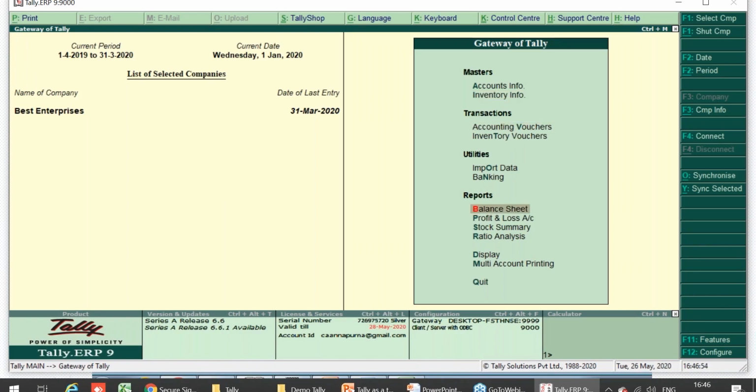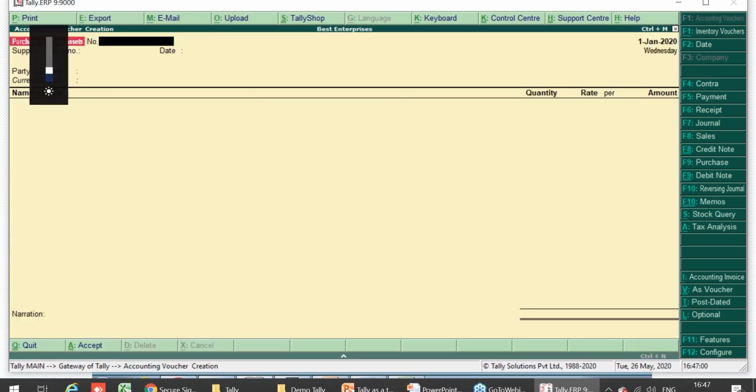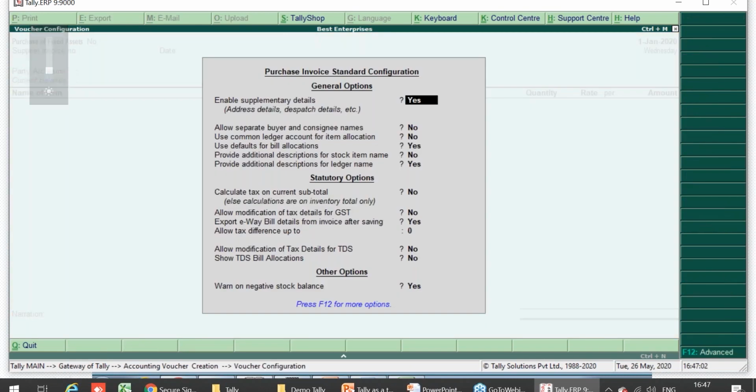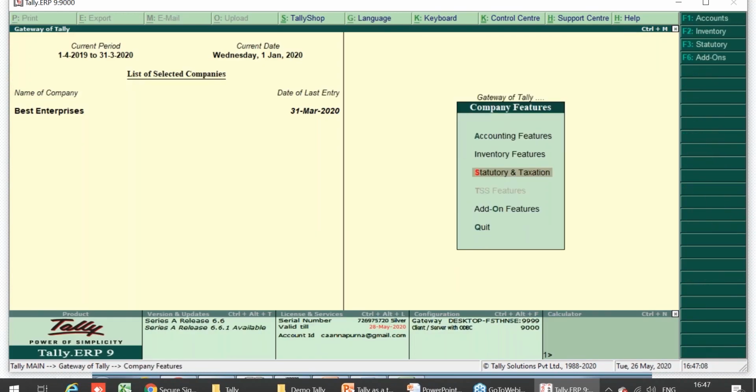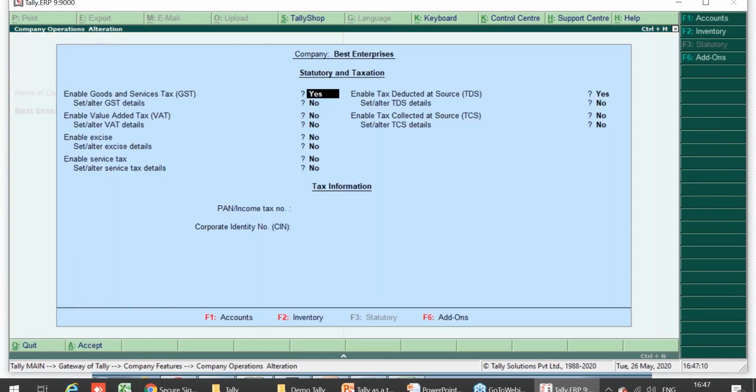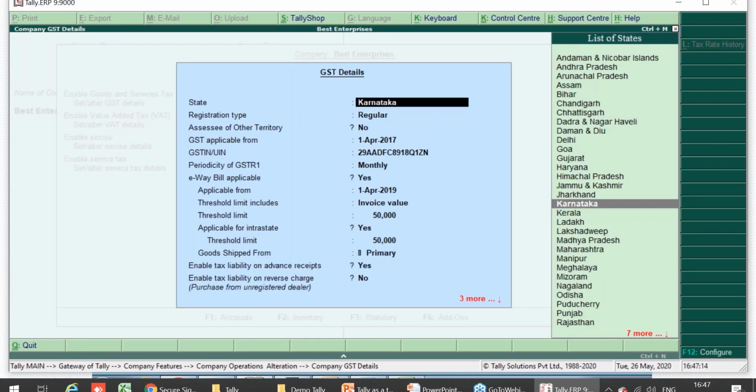Which screen? I'm not able to get your doubt. Under which screen? Gateway of Tally, F11 features, statutory and taxation. Okay. Where is the classification?